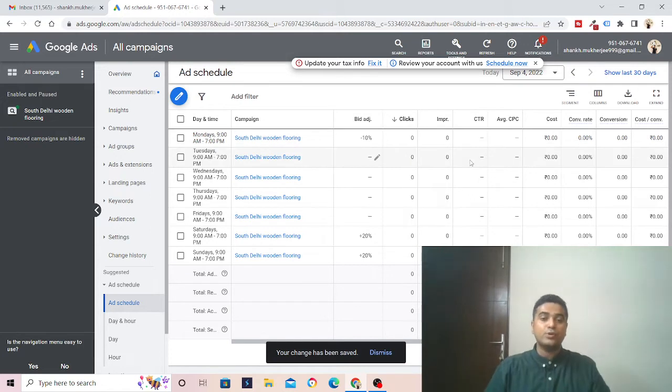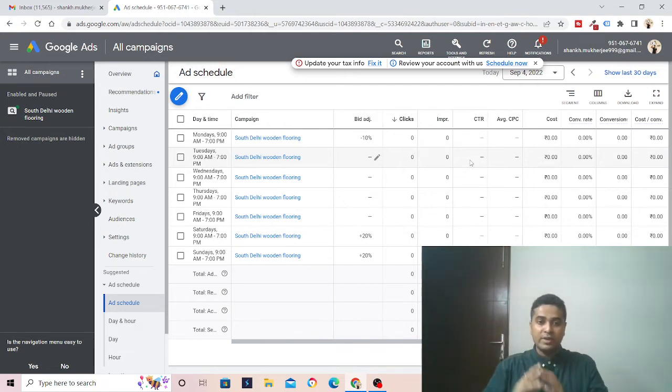So this is how you ensure that the budget is optimized according to the days of the week and according to the timings as well. You could try doing something like that. But during timings, please ensure that the timing is broader. Do not choose a very small time span. The smaller the time span, the ads don't start running. The ads start running only after, let's say, an hour of the ad actually starting.